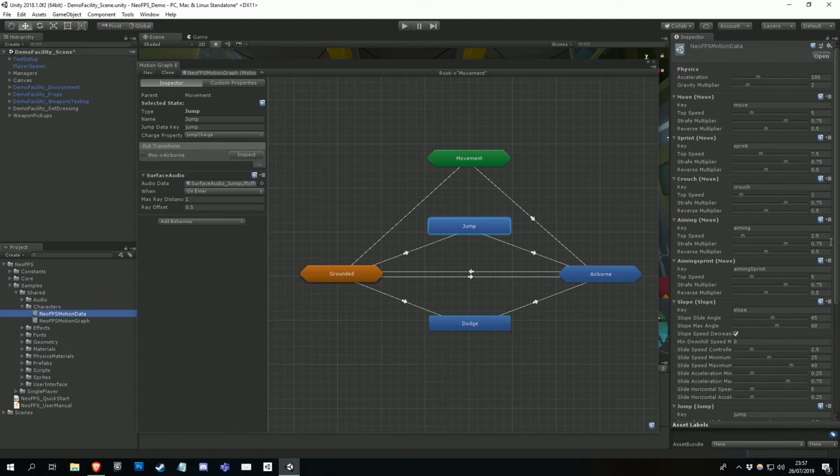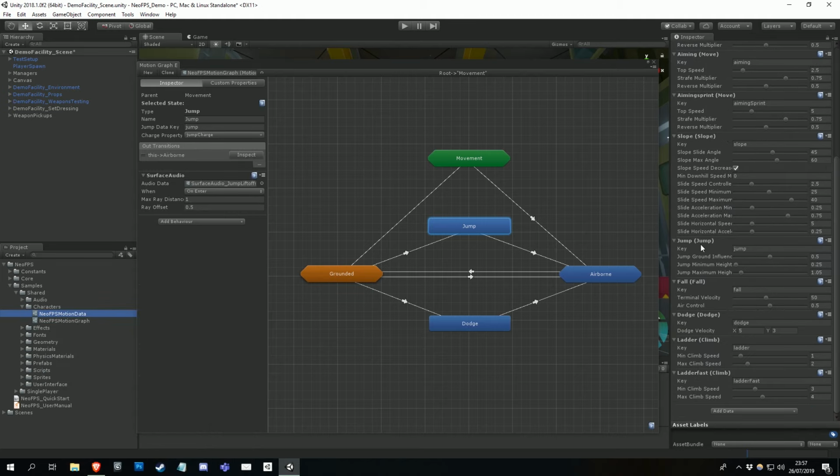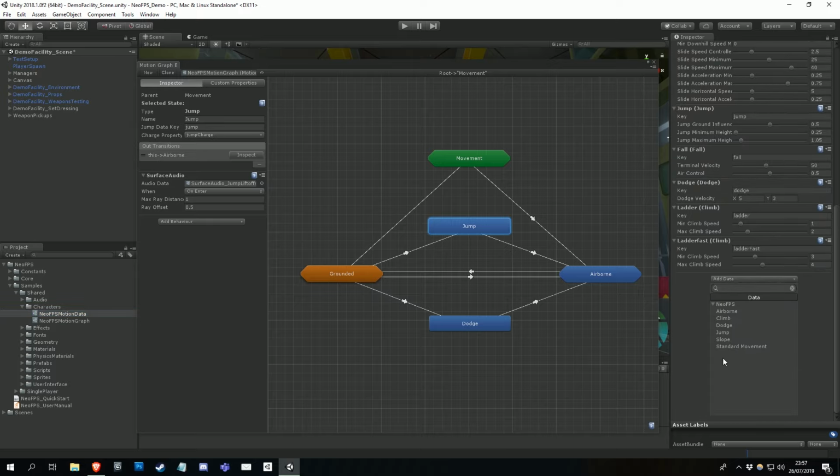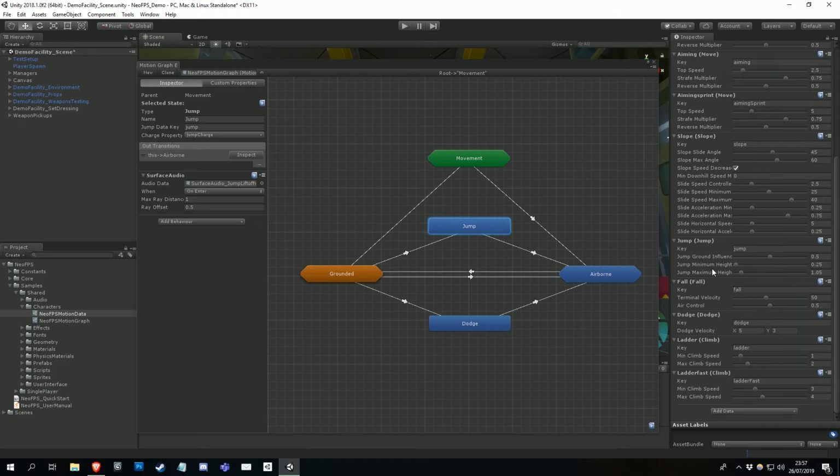Looking at the example included with NeoFPS, you will see a number of sections for different data entries. The key property of each one corresponds to the key property on that state in the motion graph editor. You can add new data entries at the bottom here by clicking on the Add Data dropdown and selecting the relevant data type from the list. I'll be looking at ways to improve this workflow and make it a bit more reliable, but for the moment, if the keys in your graph and your data don't match properly, then the graph will just use default values and nothing will go crazy,